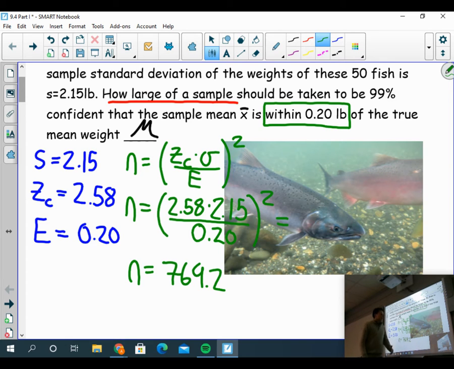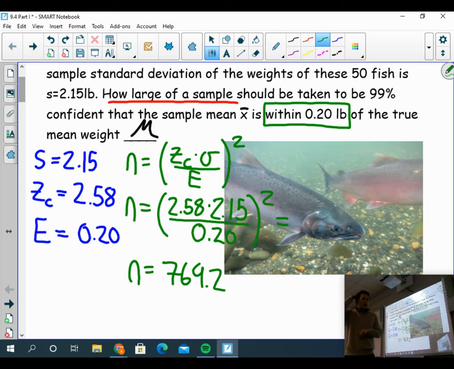Practically, what does that mean? Well, this is the minimum sample size. This is the sample size I would have to use if I wanted to create a 99% level of confidence that had a level of error that only went 0.2 above and below the sample mean. If you wanted to create your confidence interval and said, I only want to add 0.2 to my sample mean and take away 0.2, we want that error to only be 0.2, then your sample size has to be at least